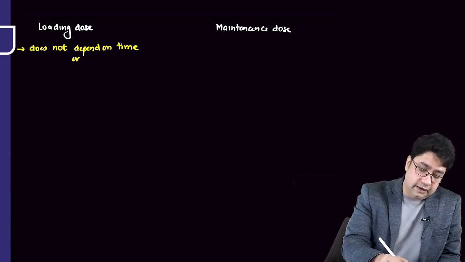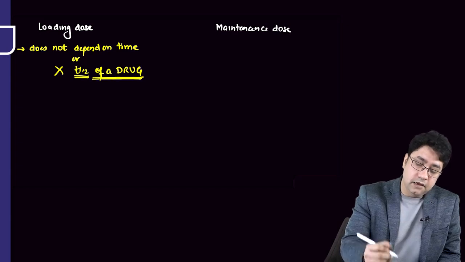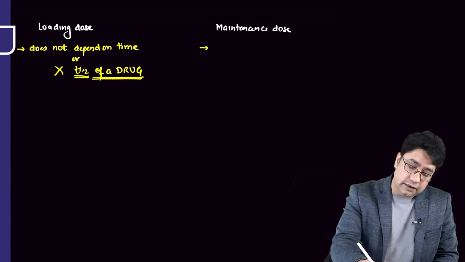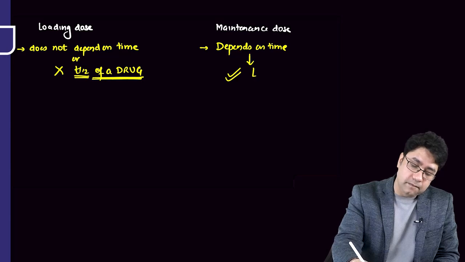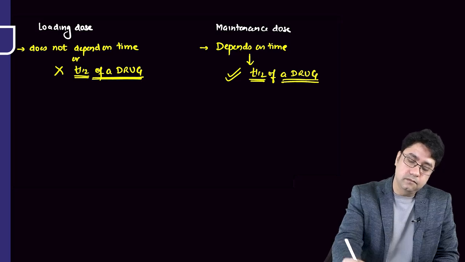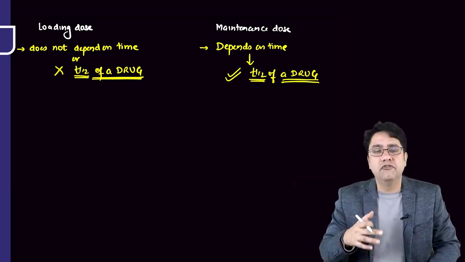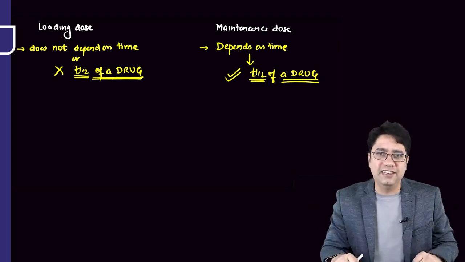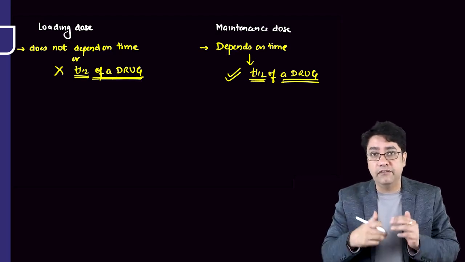And we can write, it does not depend upon the half-life of a drug, while maintenance dose depends upon time. And maintenance dose depends upon the half-life of a drug. If a drug has a very long half-life, we have to repeat the drug after a very long duration of time. If a drug has a very short half-life, it falls very rapidly in blood,